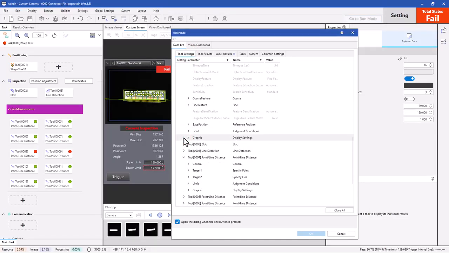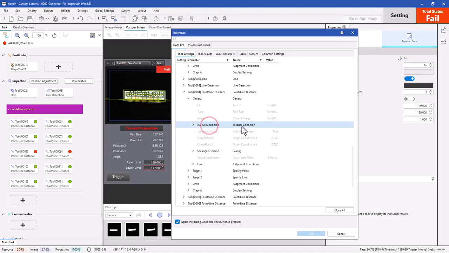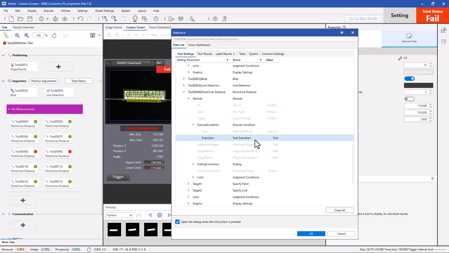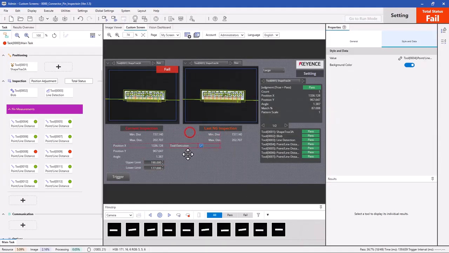Let's say I want to be able to toggle tool number 4 on and off, just for example. I'm going to go to the general settings and link it to the execution condition. All right, as you can see, this is a true or false type setting. So by sliding that toggle switch or checkbox, I could turn on and off a tool. So I'm going to link it to tool number 4, execution, and you can see it adds this little checkbox